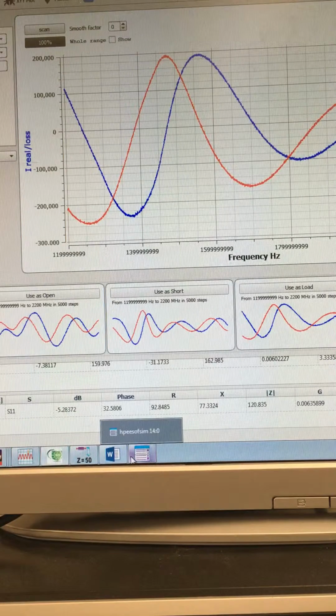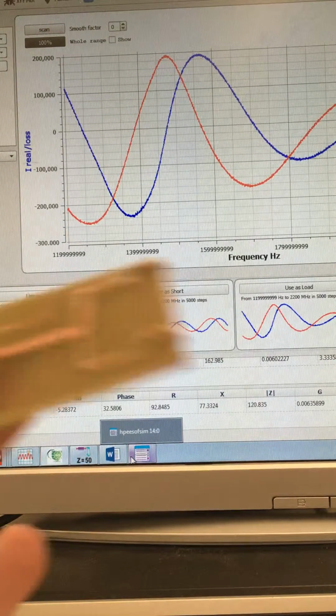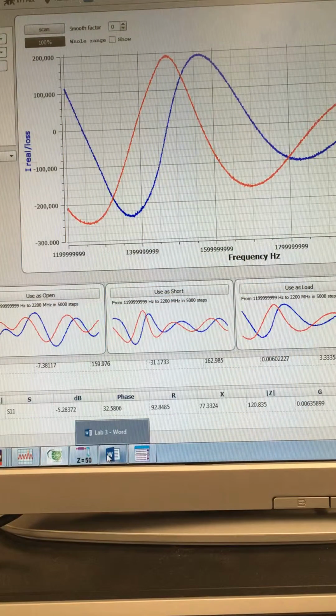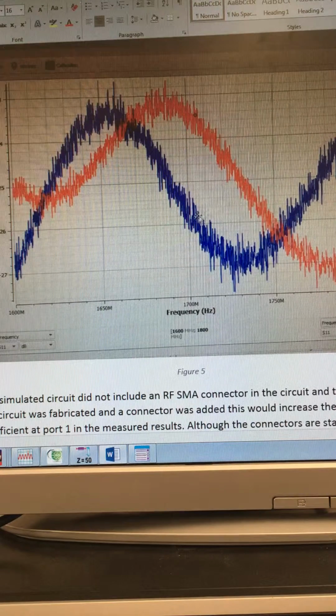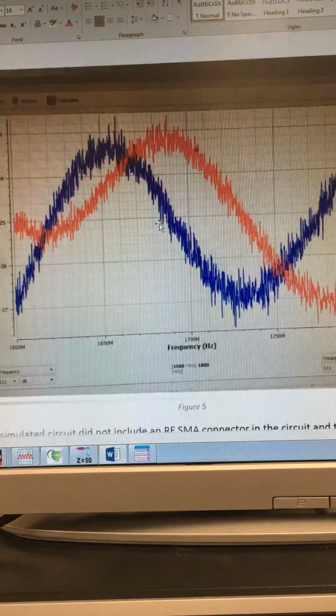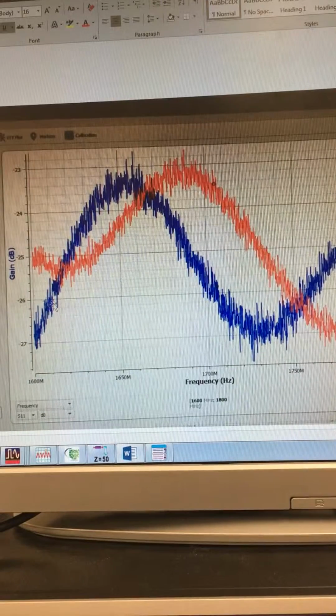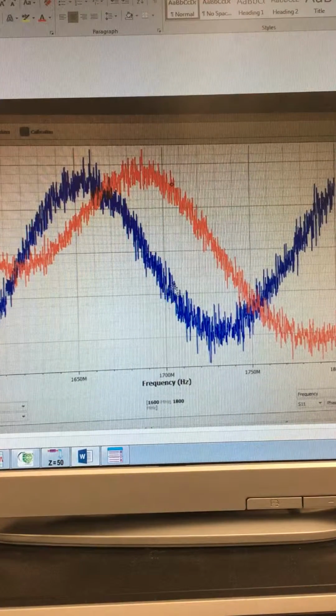So you do your measurement of your matching section, and when you generate the graph, you should get something like this. And as you can see, at 1.7 gigahertz, the magnitude of the S11 parameter is roughly minus 26 dB. It's perfectly matched at about 1.725 gigahertz, but